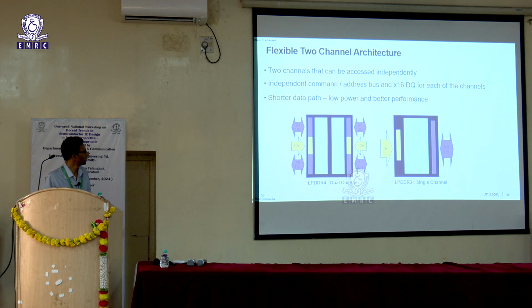So, this is the dual channel system. The figure on the right is the conventional architecture, wherein you have your command address coming in here and your DQs going out to your system. This is all your memory banks. In this architecture, whatever data you have here versus here, everything has to come out through this one DQ. With a dual channel, the benefit is you can break it open, and half of the banks can be supported using this DQ and the other half using the other DQ. This way you are cutting short your interconnect length from the bank to the DQ, and that enables higher speed of operation as well.